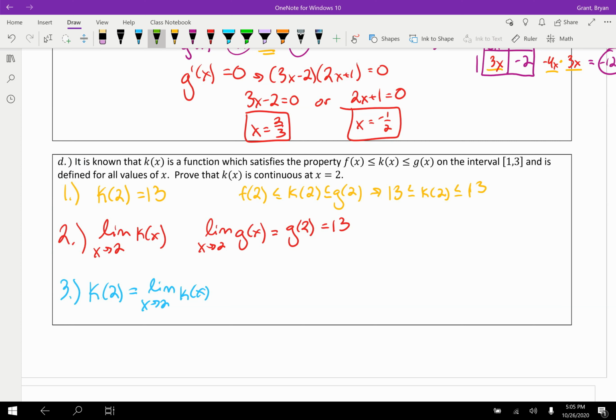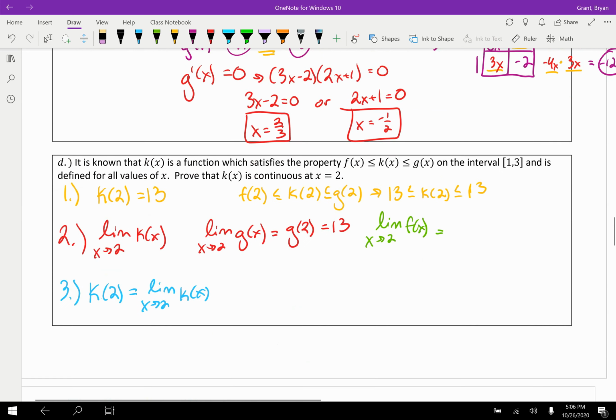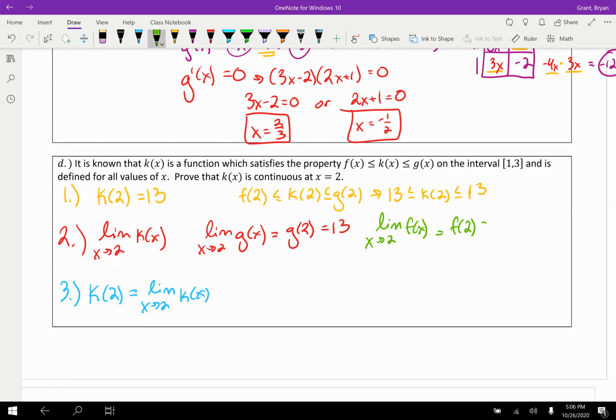The other thing that I'm going to need here, and I'm definitely going to run out of room, sorry, is the limit as x approaches 2 of f of x. And that is harder because I don't know what happens close to 2. I know what happens at 2, the value is 13, but I don't know what happens close to 2. Or do I? Because didn't we also say that f is continuous, right? And since f is continuous, doesn't that mean that the value at 2 is equal to what happens close to 2? And so I would probably put that over here. I would say this is equal to f of 2, which equals 13,